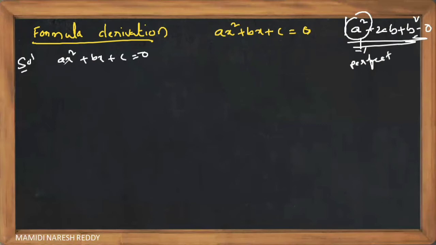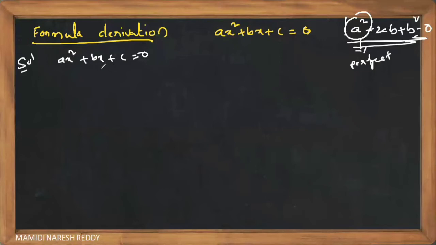Got it? But here x is the perfect square. Why? Because the square is upon only x, not upon a, children. So a is not a perfect square, so we need to remove a, children. Now can you tell me how we can remove a here? Wonderful. So we need to divide, children. Earlier I told you, if I divide only ax square by a, then we are completely changing the value of the entire quadratic equation. So we don't have a right to change it. However, when we are dividing, children, we need to multiply also. Got it, children? We need to multiply.